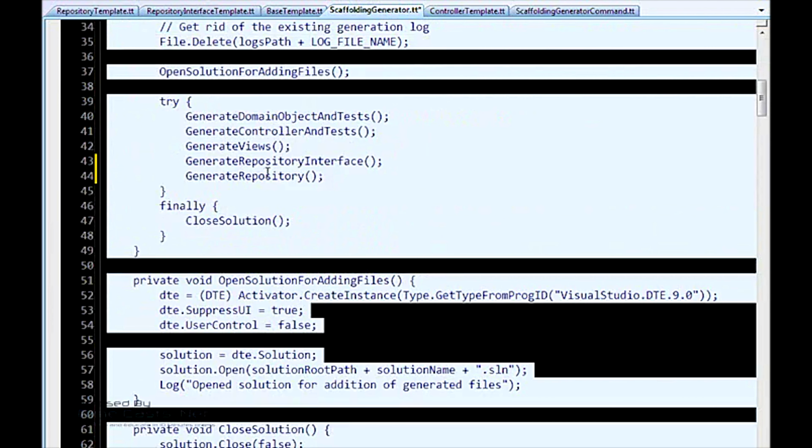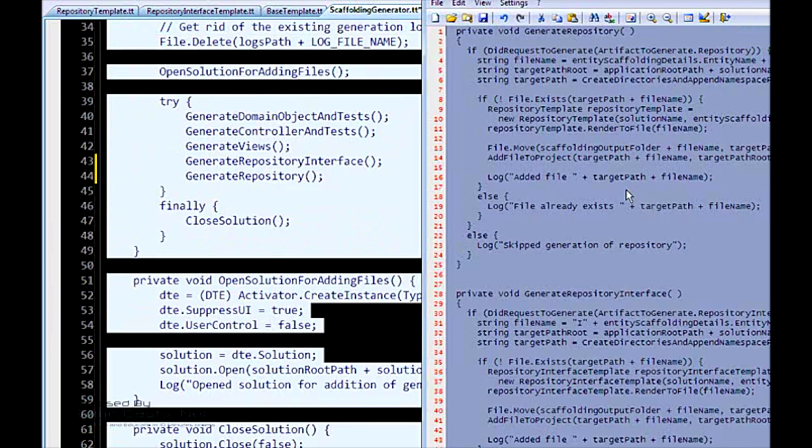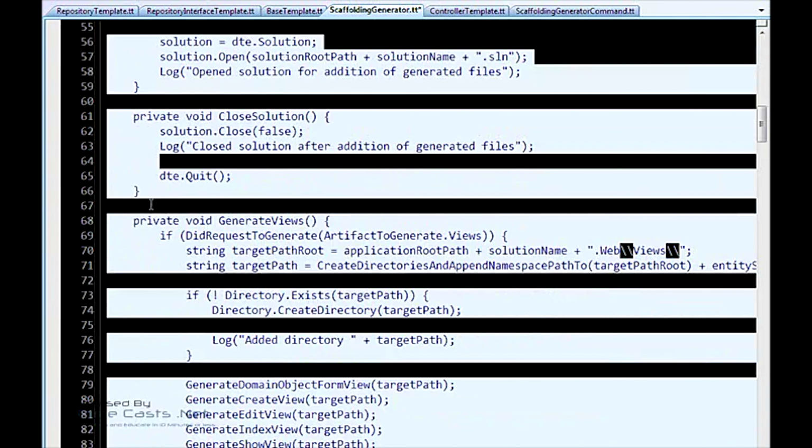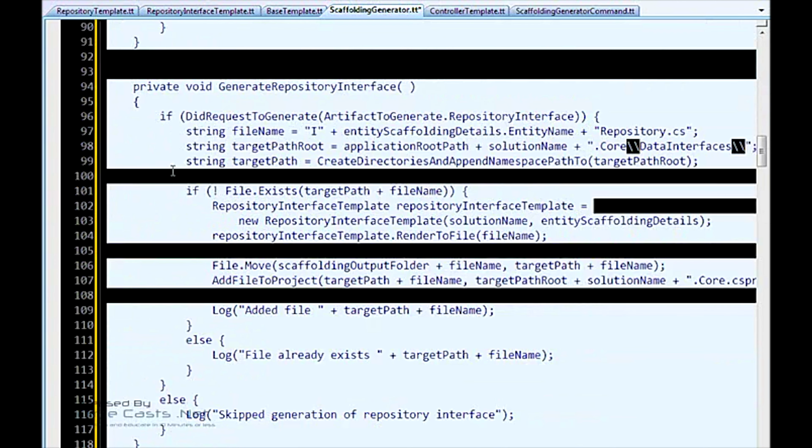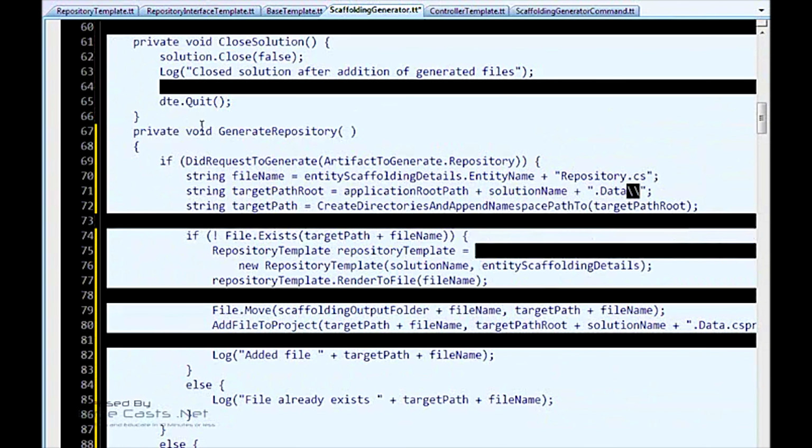Okay, and next we need to actually implement these two methods. And how you do that, you find this file, generate templates on your desktop, and copy and paste from it. If you don't have that file, well, you're out of luck. I'm kidding, of course, you don't have that file, but you don't want to see me type. So,